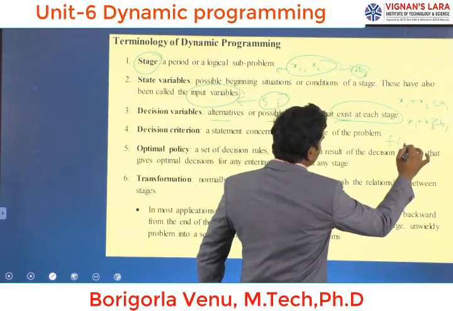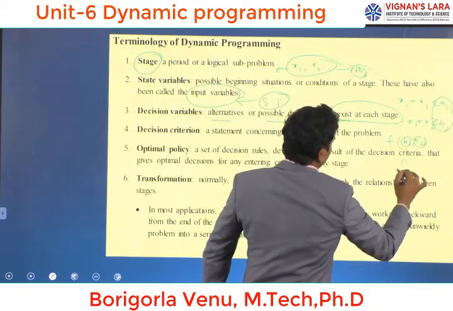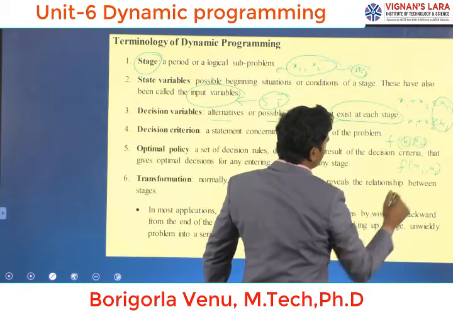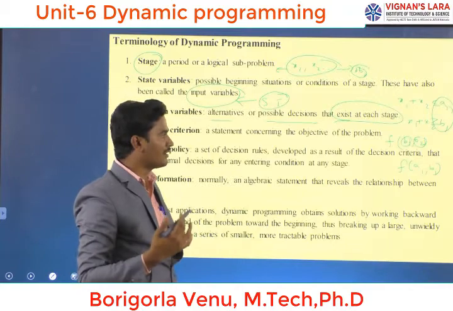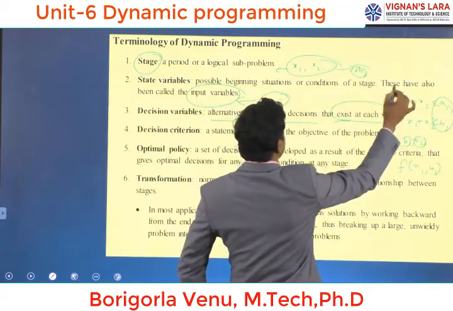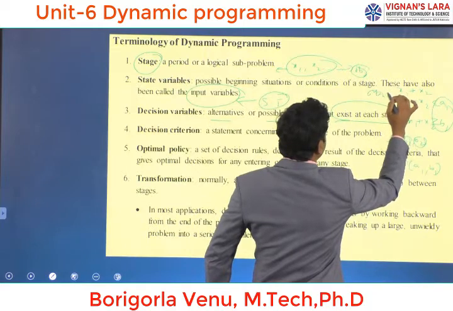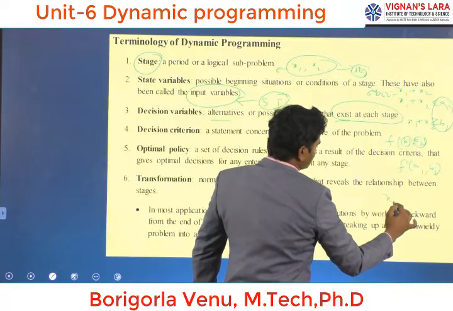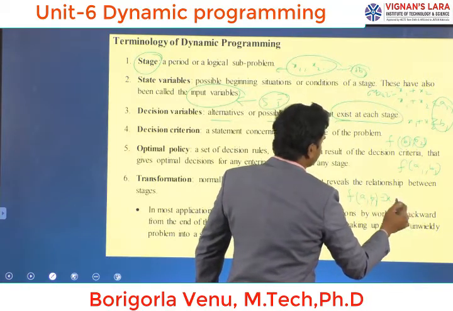F of b1 comma b2. We are going to take here b1, b2 means right hand side values. F of a1 comma b1. From this, we are going to calculate the x2 value because in this dynamic programming problem, we are going to start the solution at the last stage. Here, the first stage is x1 and the last stage is x2. Okay. So, we are going to calculate the x2 value. From the x2, we are going to calculate the decision variables.